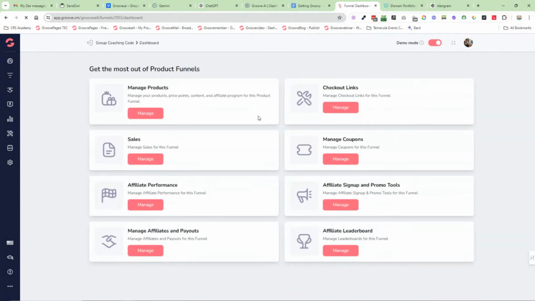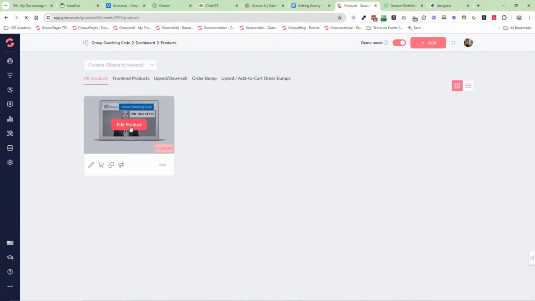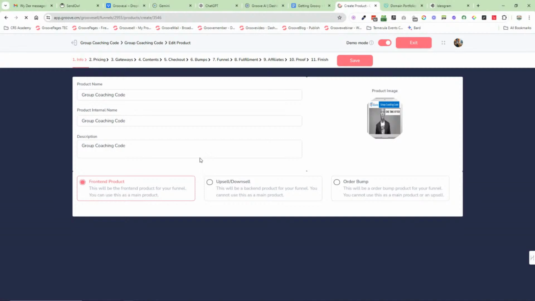I'm just going to click into one of my dummy ones just so I can show you. And I'm going to click manage products. I want to get to where it's got 11 steps. So the first time you come here to create a product, this will have a dummy image. You just got to fill in all this information, select one of these, add an image, and it will say save and next. And basically each time, if it says save and next and a box goes red, it's telling you you've missed something.